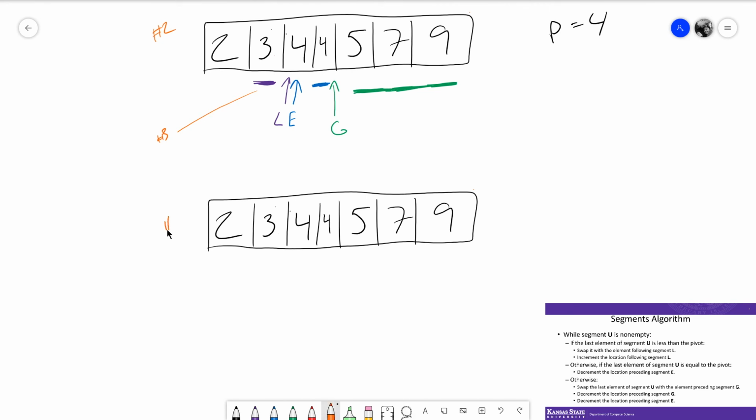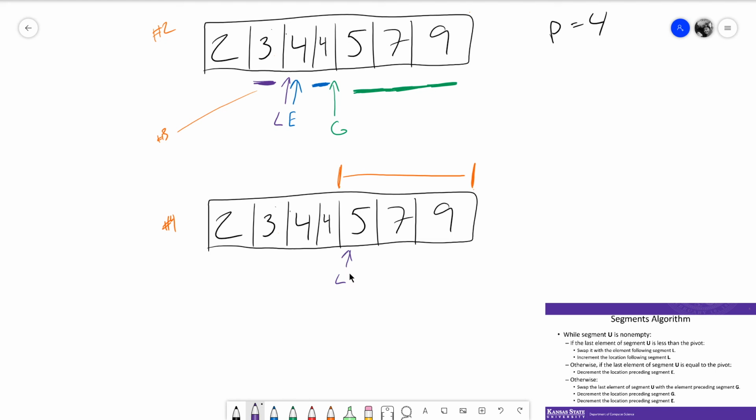So this is number 4 here. And the segment that we're actually sorting is these here. Now, 5, 7, 9 are in sorted order, but we don't know that yet, right? Because we haven't actually looked at them. They're unknown segments or unknown elements. So we still need to go through this process of